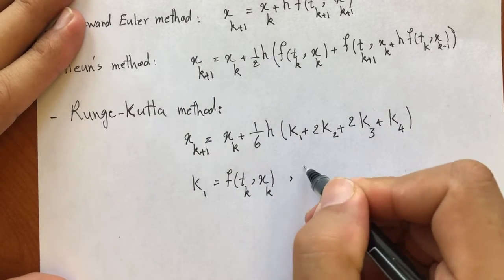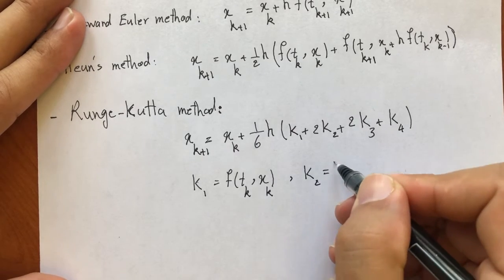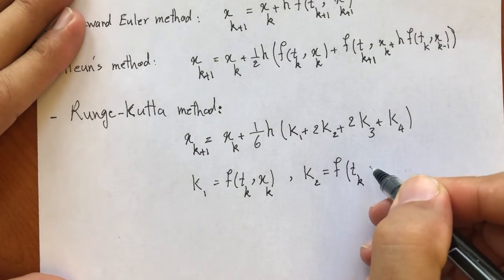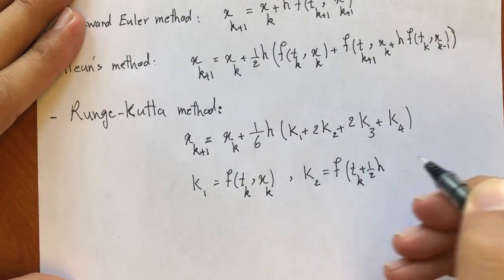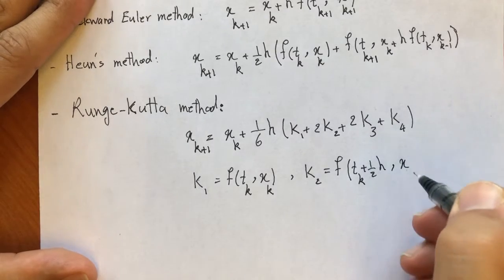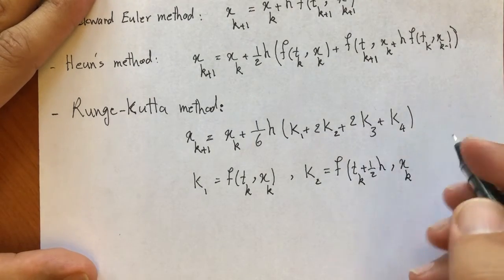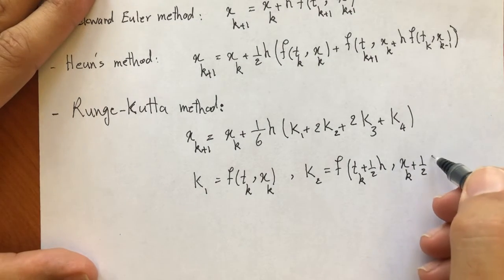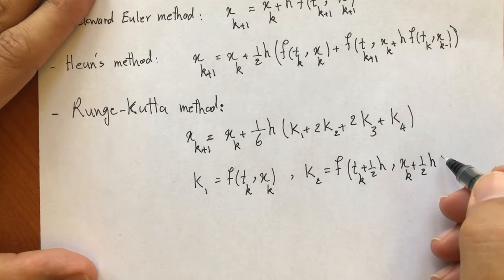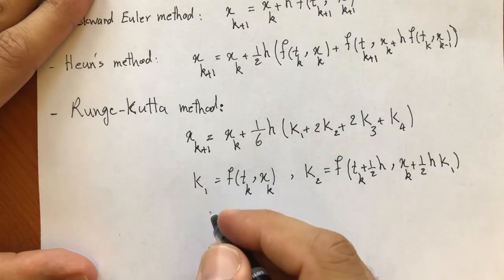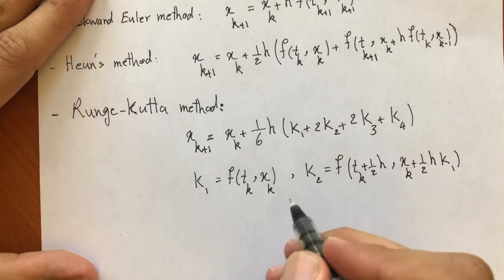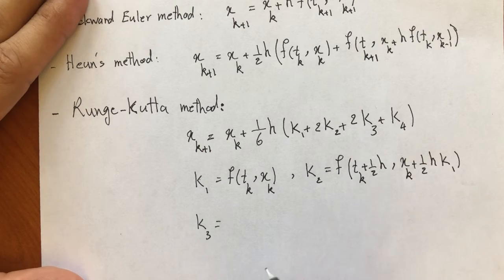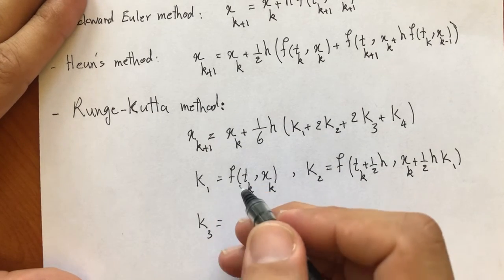And K2 is f at the current time plus 1/2 of the step size, and instead of x, we are going to use x at the current time plus 1/2 of the step size, h, times K1. And K3 is going to be